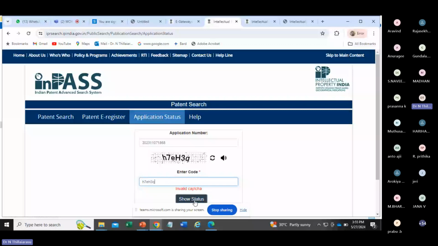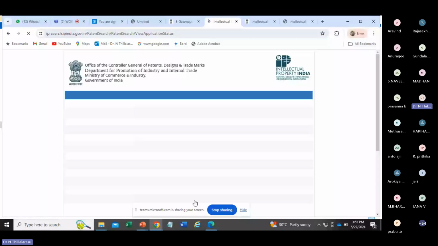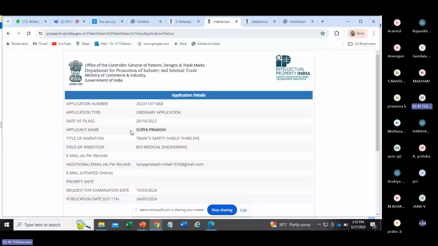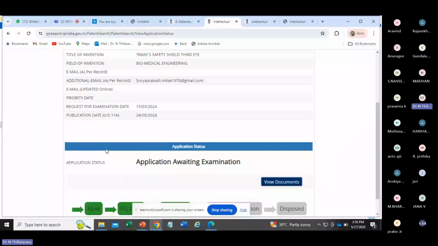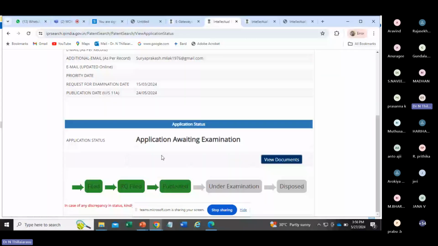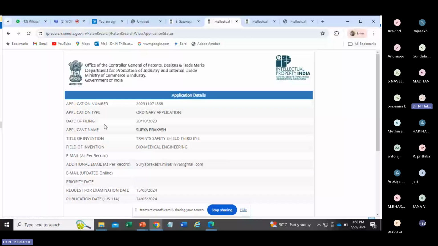You can get the specifics: the applicant name, title of the invention, field of the invention, and the email ID. You can get the view documents here. If you go down, you get everything from here only. Applicant type is ordinary application or any other. I'll show you that login also later.